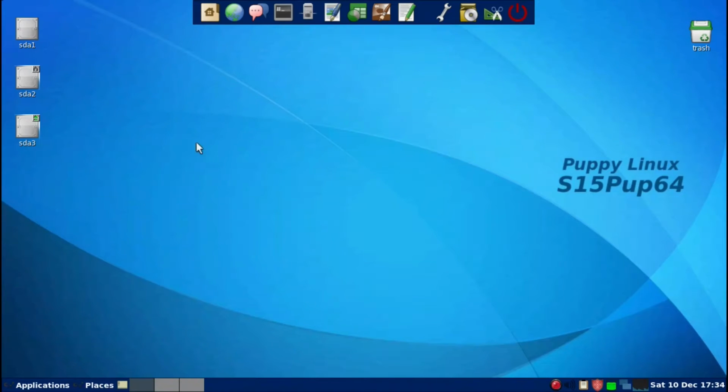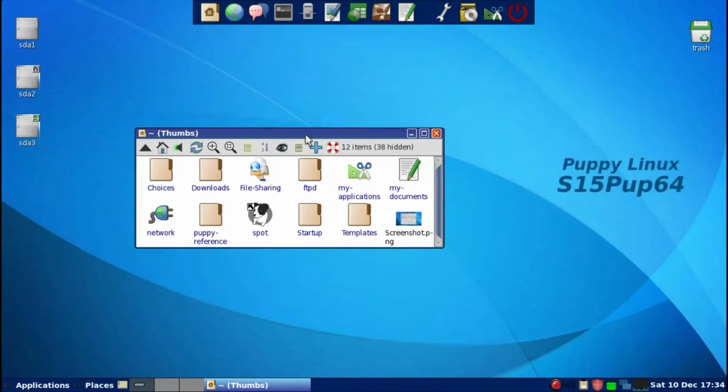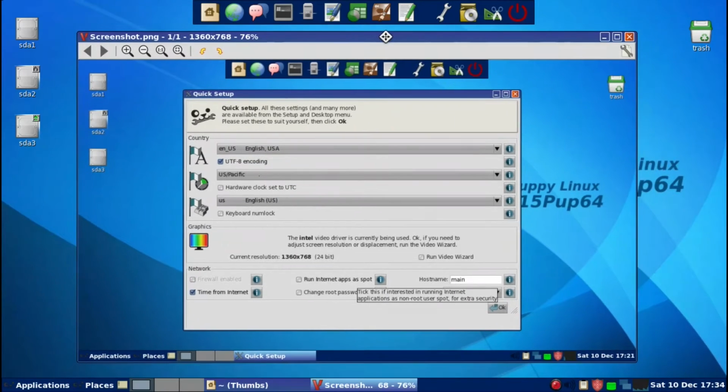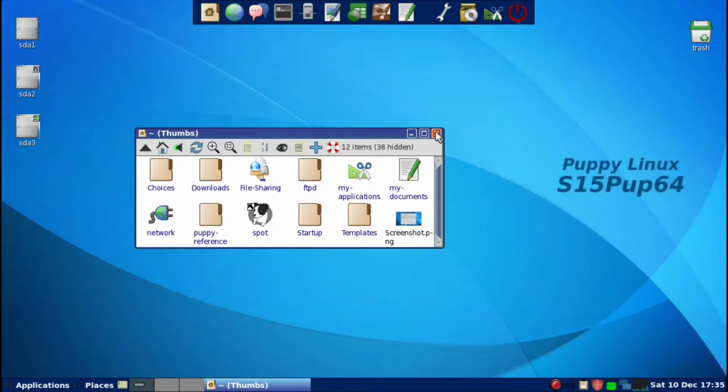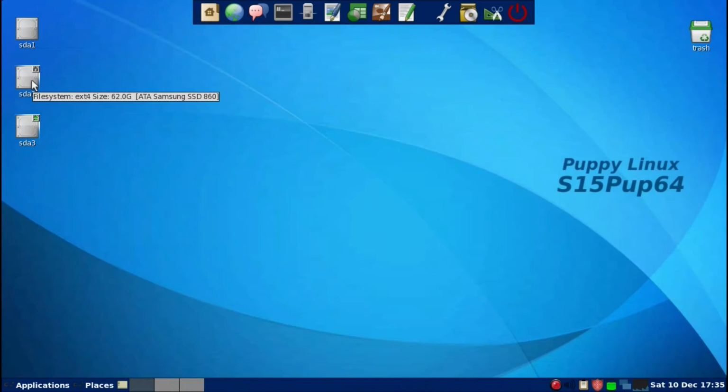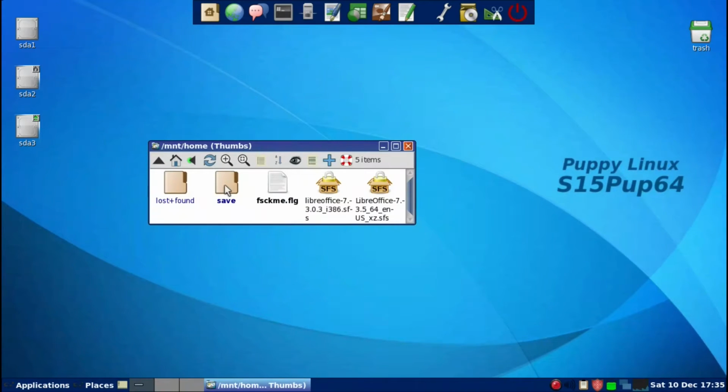I have booted into it and also made a save folder. Here's a screenshot of the first screen where I entered a time and quick first step to get it all started, and I made a save folder which is present in a second partition here, SDA2, under save folder,